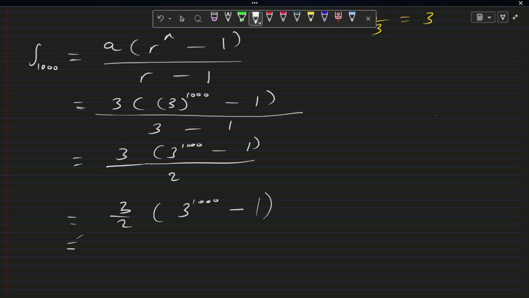Let's see. 3 to the power of 1000. It's giving us errors, so it's producing a number that is so large to a point whereby the calculator cannot display it. But then the